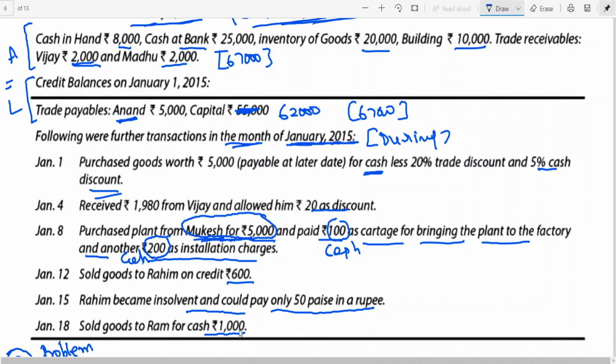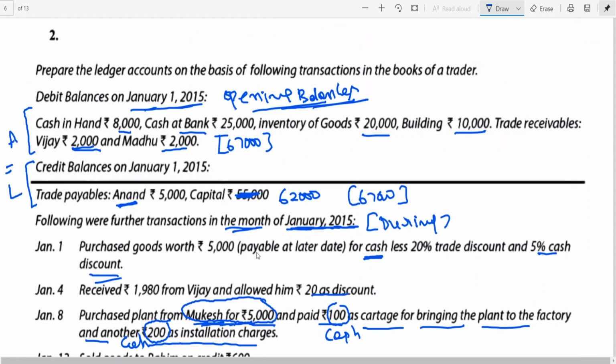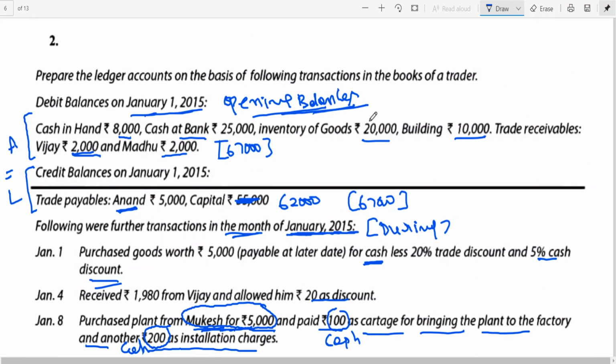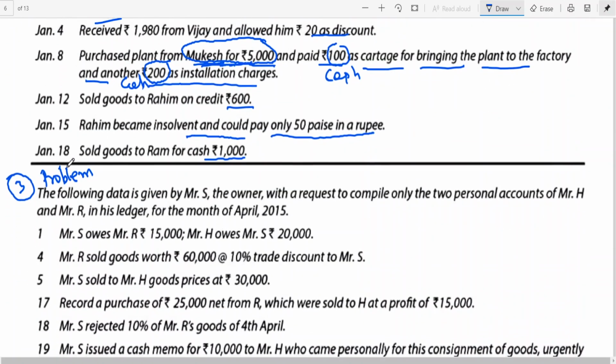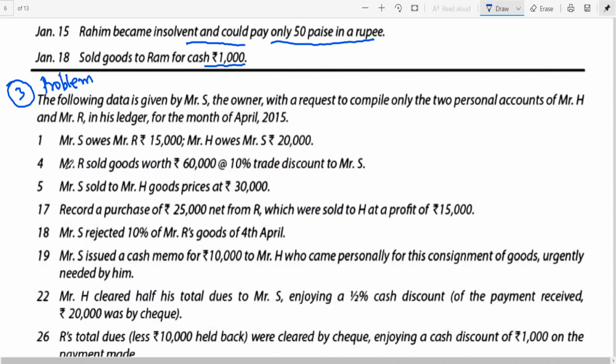Okay. So now what we have to do is prepare the ledger account. For you to understand this, I am giving entries. My dear friend, it's a good problem. For commerce students, I wish to give this as homework. Very difficult. Not that easy. For non-commerce students, if you really want to try, you can try. But for commerce students, this is really testing.